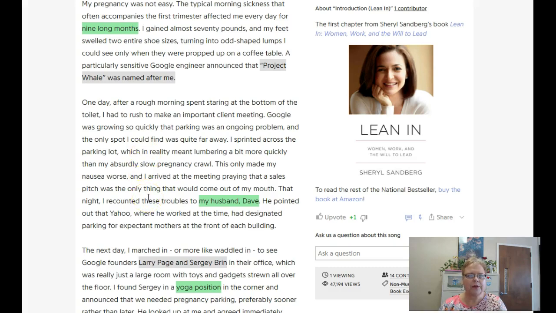I sprinted across the parking lot, which in reality meant lumbering a bit more quickly than my absurdly slow pregnancy crawl. This only made my nausea worse, and I arrived at the meeting praying that a sales pitch was the only thing that would come out of my mouth. That night, I recounted these troubles to my husband, Dave. He pointed out that Yahoo, where he worked at the time, had designated parking for expectant mothers at the front